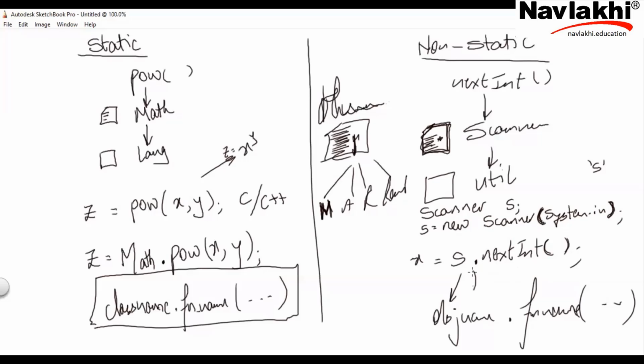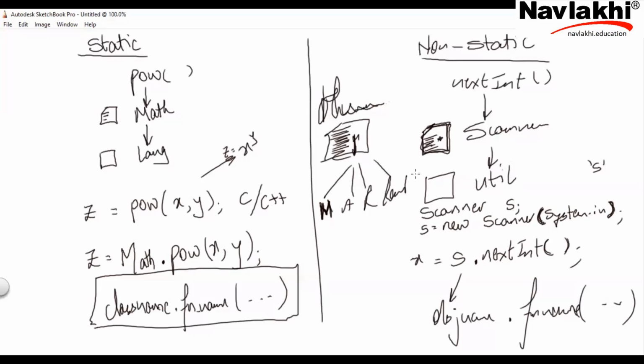So till now I said that every function has a dot. If it's a static function, there's a class name before it. If it's a non-static function, then there's an instance or an object name before it. Point is, there is only one type of function in each class, and that function name is same as the class name. That also is a speciality. The function name is same as the class name within the same class, and that function you cannot invoke with a dot. We call that function a constructor.